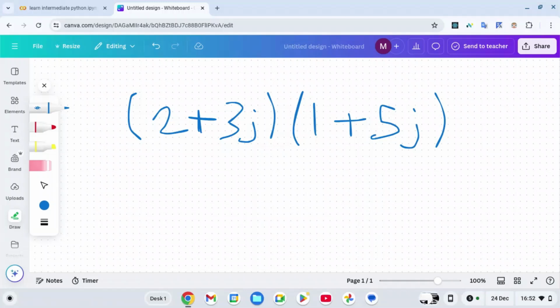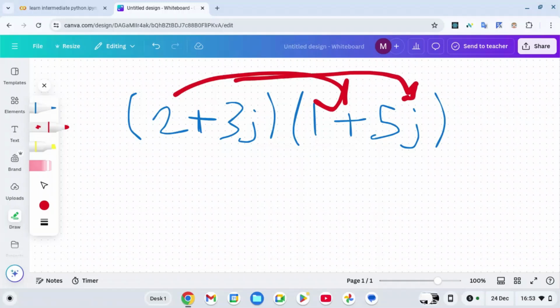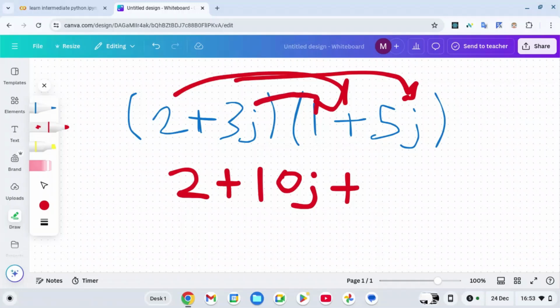So guys, first all you gotta do is you need to do 2 times 1 and then 2 times 5J. So 2 times 1 is 2, and then we'll do plus, and then 2 times 5J will get 10J. And then you'll need to do plus, and then 3J times 1, and then 3J times 5J. So 3J times 1 will get 3J. And then you need to do plus, and then 3J times 5J will get